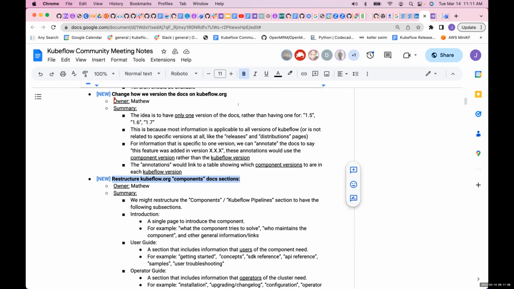The first one is that we could stop versioning the website, effectively just have only master or main, and then have a dev branch maybe as well. But other than that, and then put a flag on those things which are specific to specific versions, whether older or newer. But I think even then, that's still not worth doing yet.